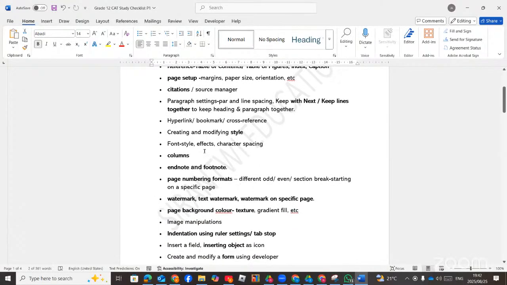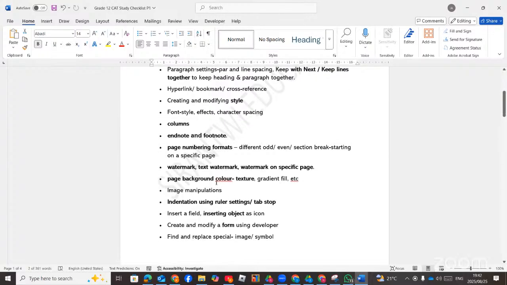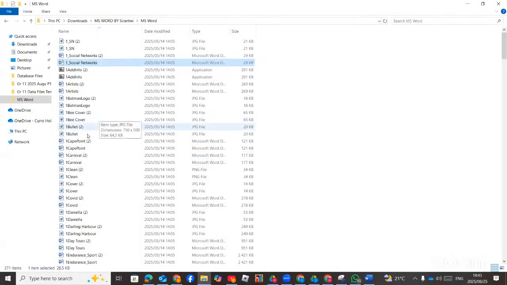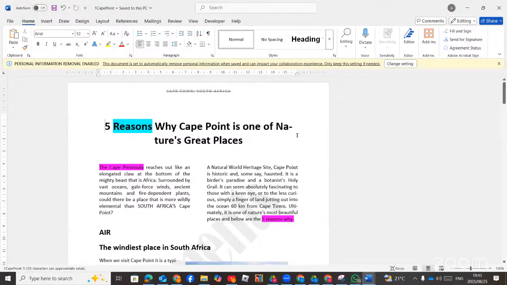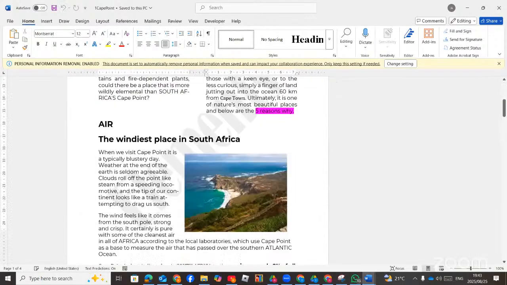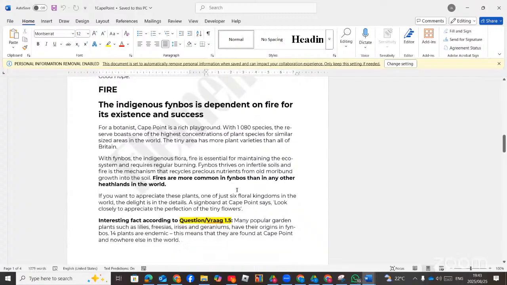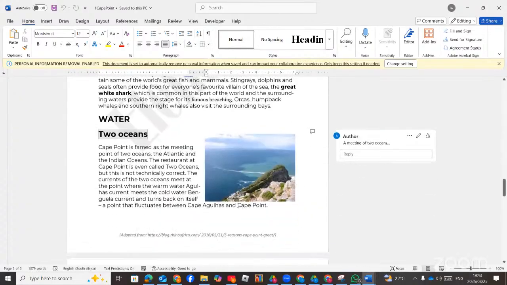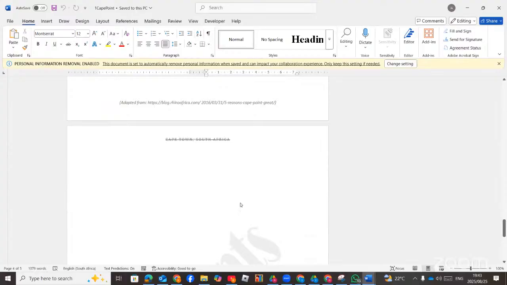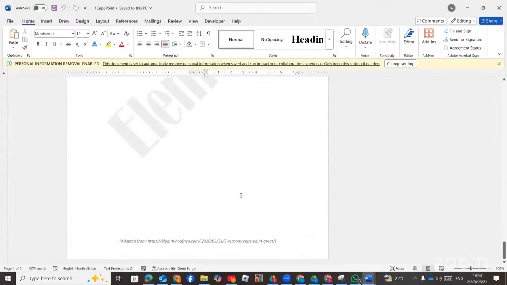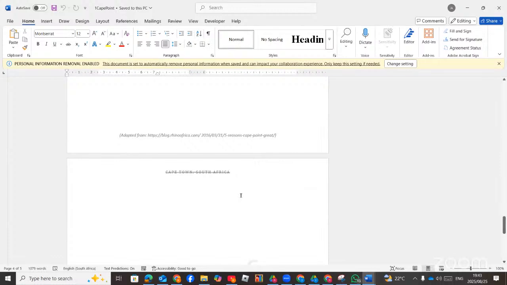So here I've talked about some of these topics: watermark, background, the image, tab stop. I will talk about tab stop, and then the icon and developer. Now, I will take another file. Let's say this one key point, I want to insert on the header section